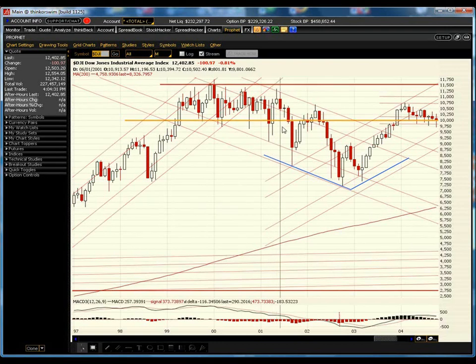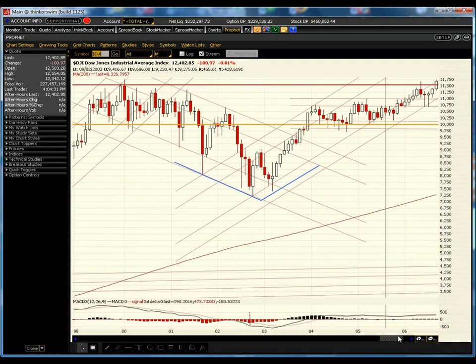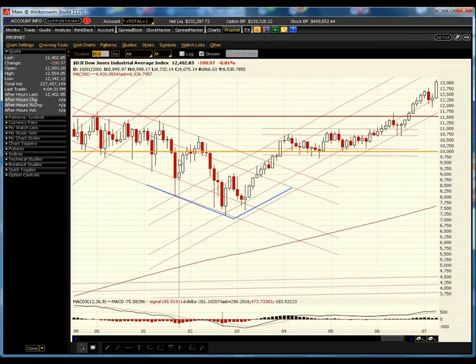The bears couldn't make any progress coming down until here, and when it hit this 10,000 level and broke through to the downside, it consolidated back up, and then it went back down to the downside again. So this 10,000 level, which was broken through, had become some sort of support because it wasn't broken through until here. Then it became resistance, and it sold off dramatically after that. Then what happened? Well,